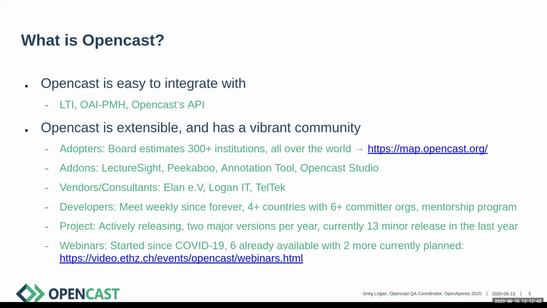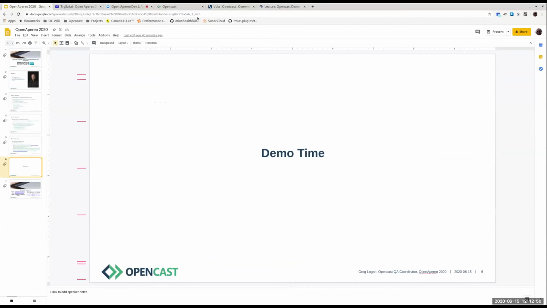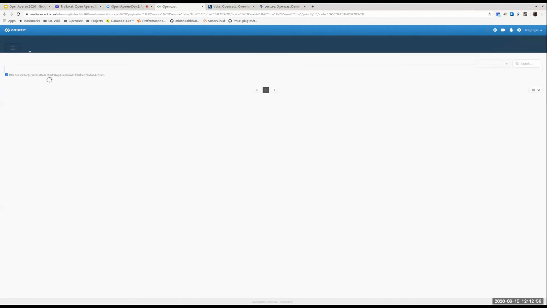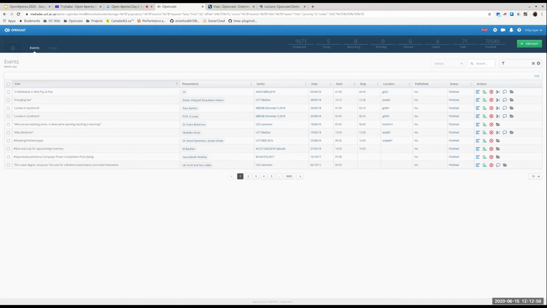So this is all well and good. I mean, I can just blather on for an hour if you want, but let's go do a demo, and hopefully this doesn't flame out horribly. So here's what the UI looks like. I'm assuming everybody can see this is the admin UI. And how am I for time here? I've got about 6 minutes.